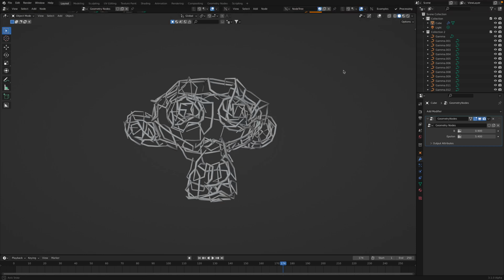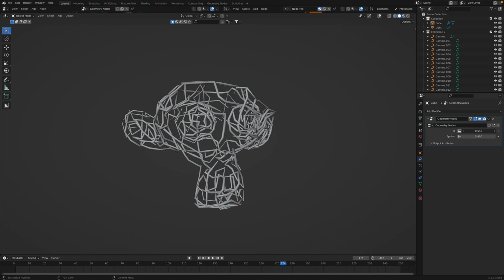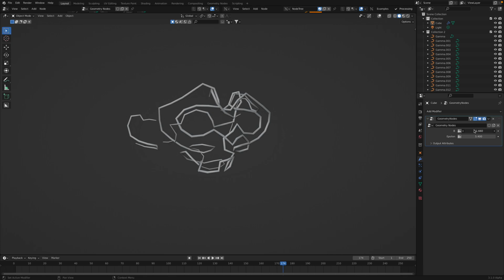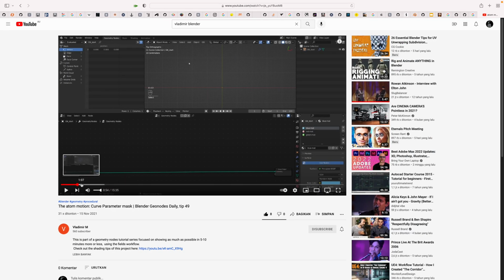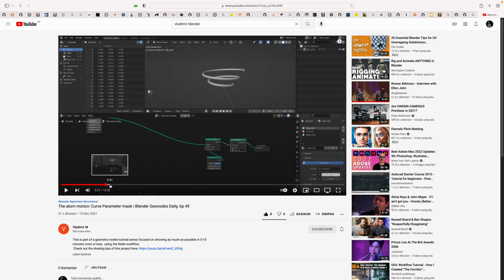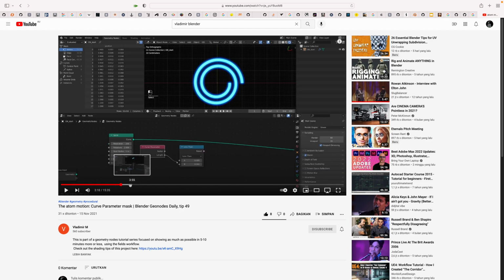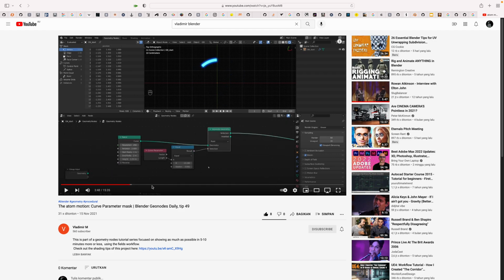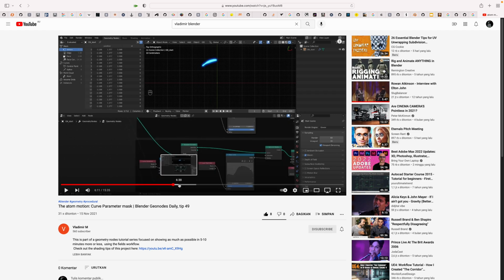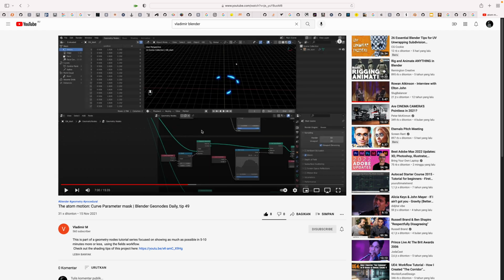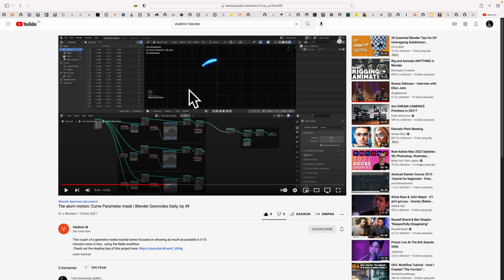In this episode, I want to share the breakdown on how I created these effects. This was actually an effect that I created after I watched a video tutorial by Vladimir. So basically, you need to have Blender 3.0 because with 3.0 you have the ability to use the curve parameter called length. With that parameter, you can grab parts of a curve, and then just simply use that part to generate